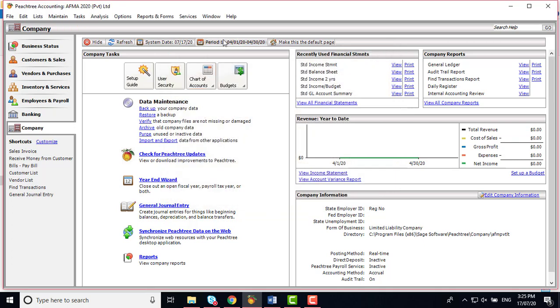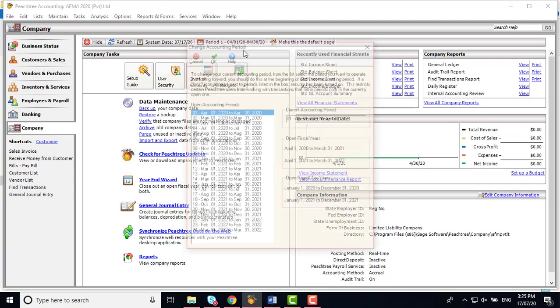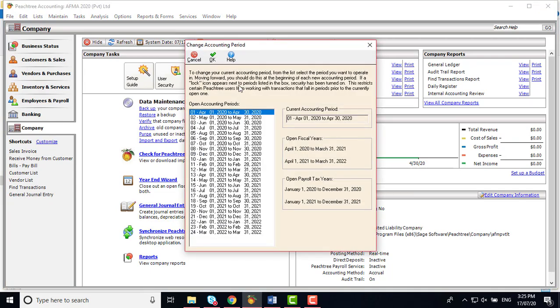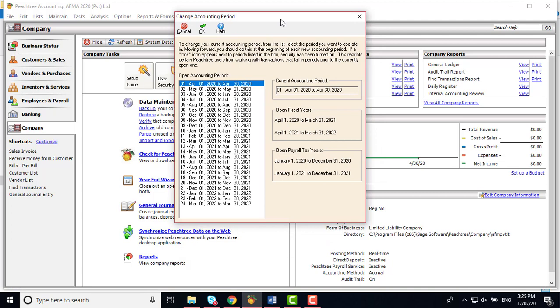Then the financial period, which I will explain as well. Here, in the period you have created, you are in period number 1. You go to the calendar; there are 2 calendars. The system date calendar is the current date, and the period calendar is what you have created for the given company. When you click the period calendar, you can see the drop down list. The beauty of this particular software package is that it allows you to run for 2 financial periods, 2 fiscal years, without